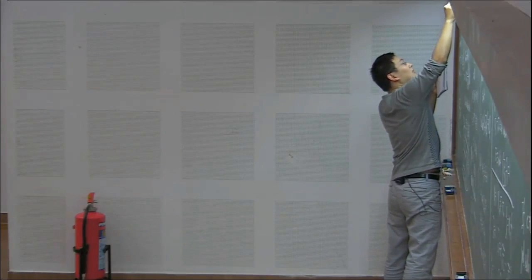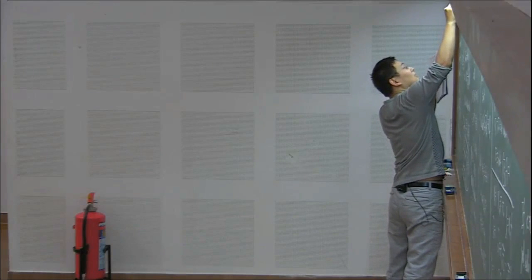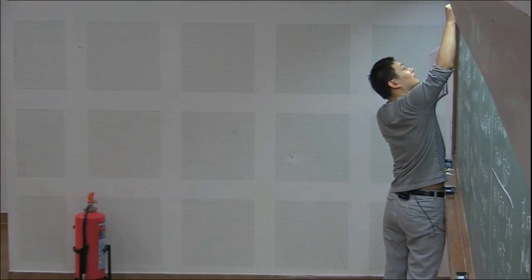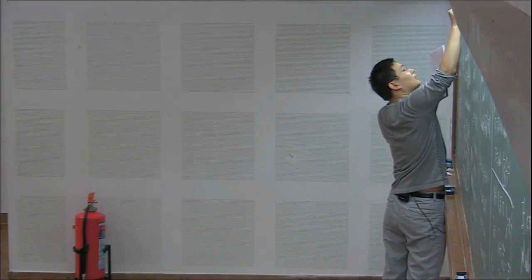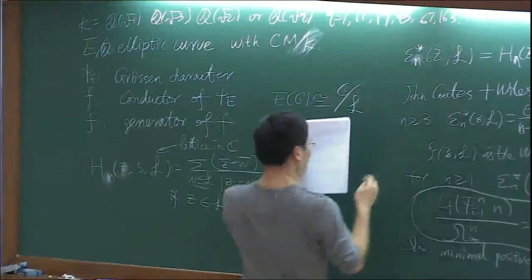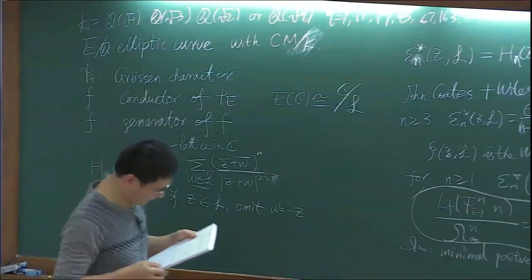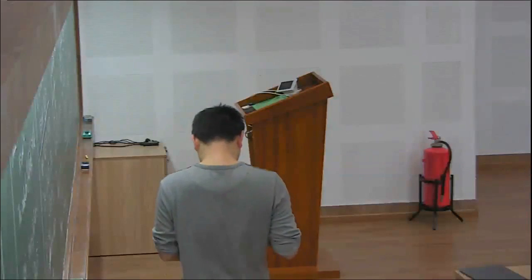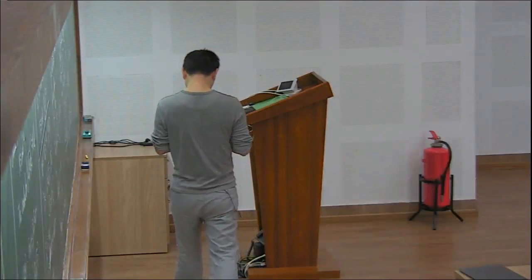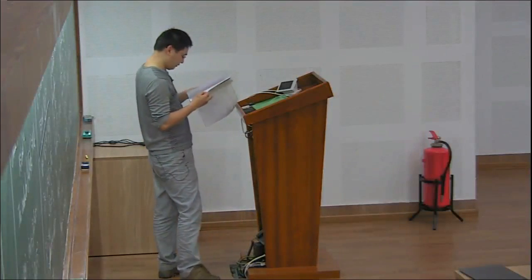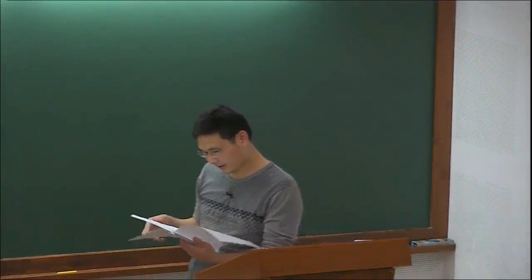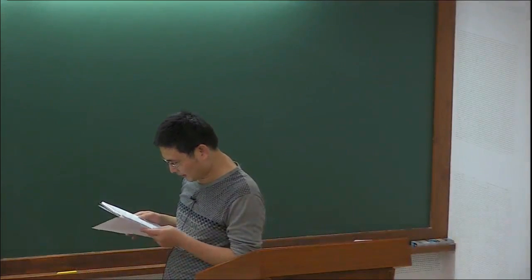this or this, for Q equal to 7, 11, 19, 43. This is all the possibility of K. So this is what we did in the paper, and I want to explain